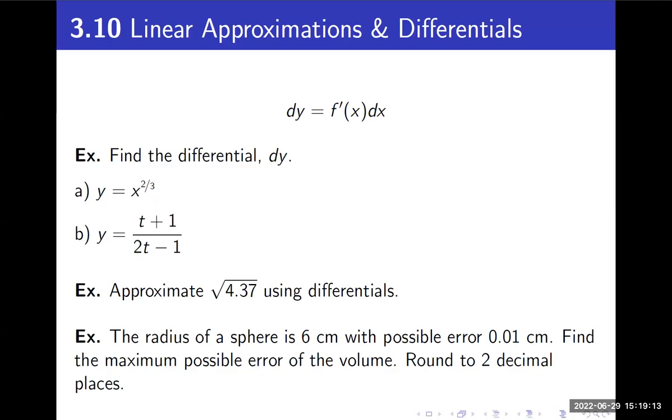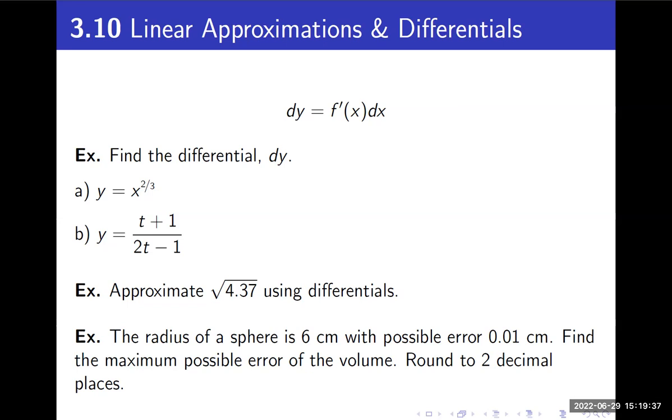Right, let's get to that last example. It says the radius of a sphere is 6 centimeters with possible error 0.01 centimeters. Find the maximum possible error of the volume. Okay, so think, maybe some kind of factory is producing a sphere,